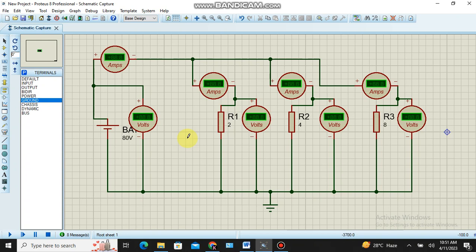The total current IT equals I1 plus I2 plus I3. So this is the total current. This total current equals the sum of this current and this current. Let us take I1 plus I2 plus I3 equal to the total current. So all the voltmeters will show the same voltage, 80 volt. Now we have to check the response. I just run the simulation, then I pause the simulation. Now you check the voltage across